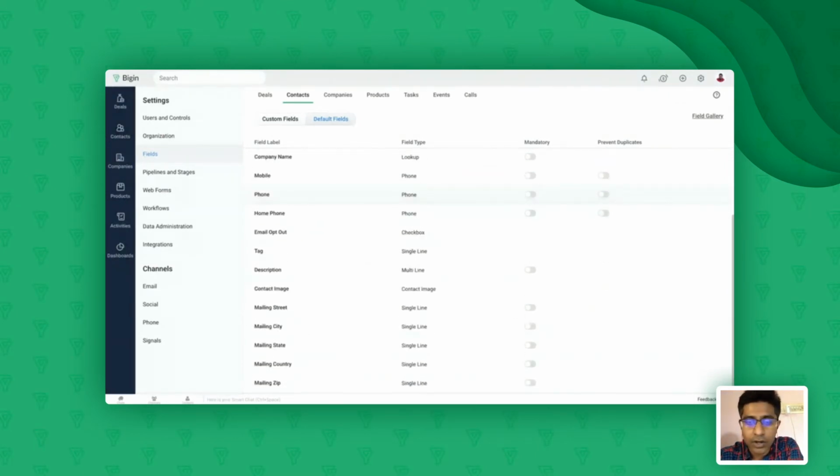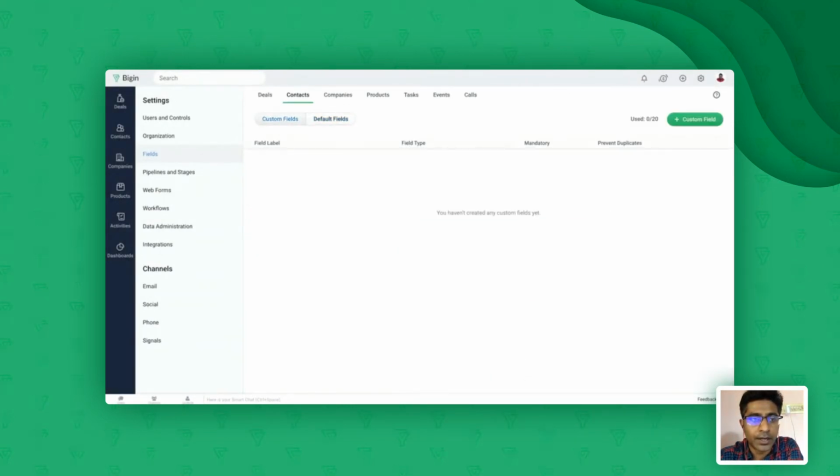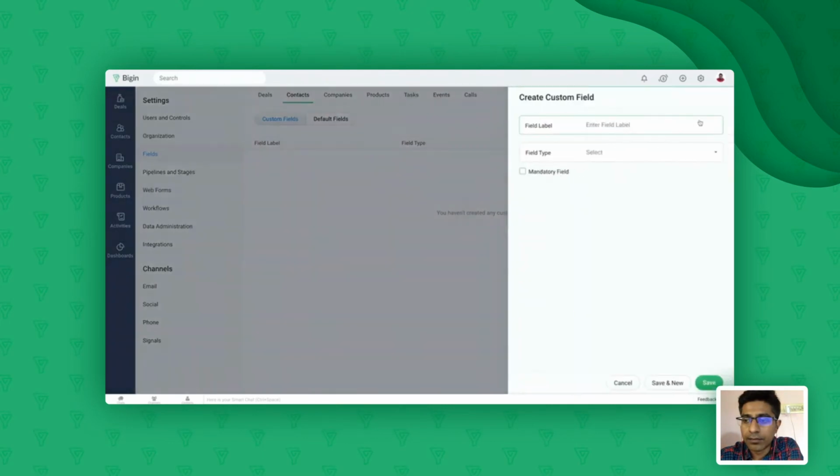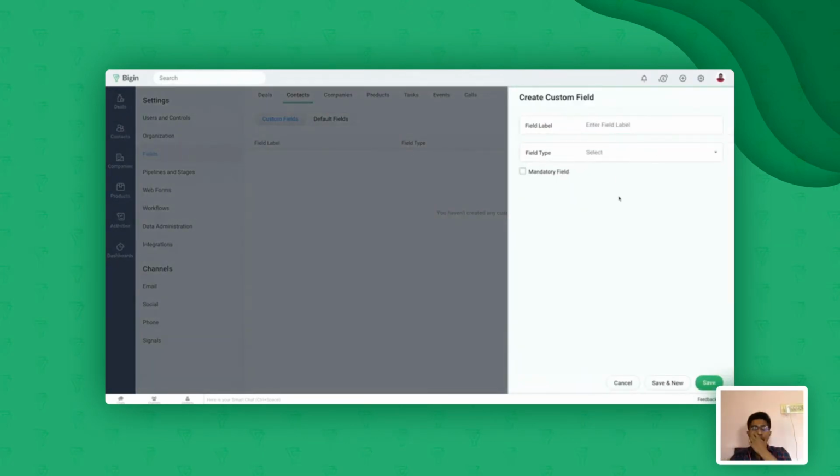Now if you want to add any more fields, let's say another phone number field, in that case you would just go ahead and create a custom field. While creating the custom field, you have to understand what type of data you are going to capture.